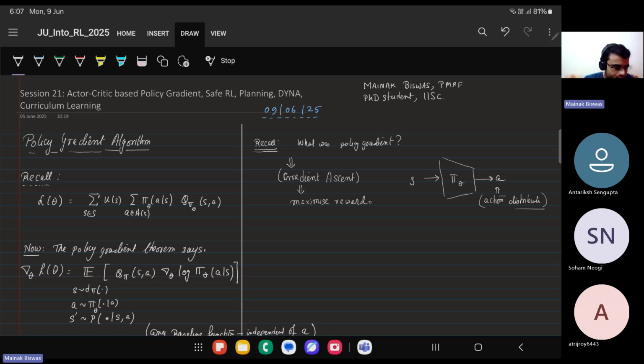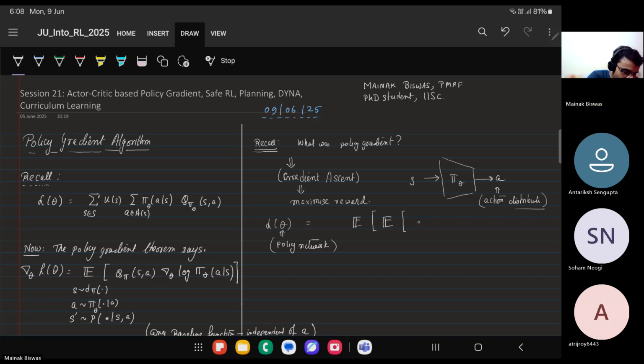What I was saying is, L theta was defined as, where theta is the policy network, the summation over, say, all states. Let's write it in terms of expectations first. First expectation, there'll be another expectation,